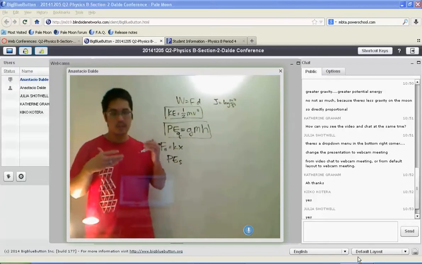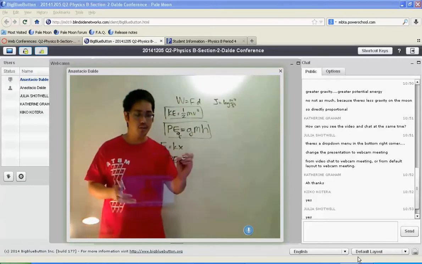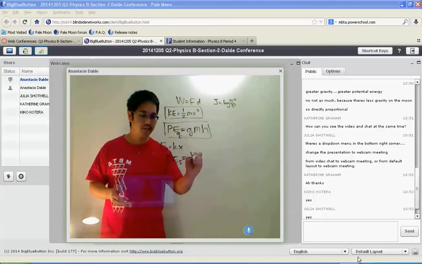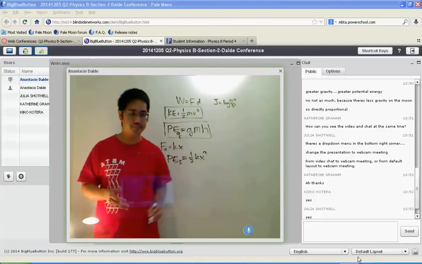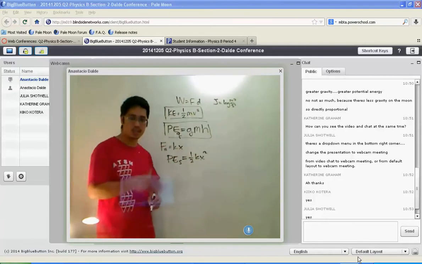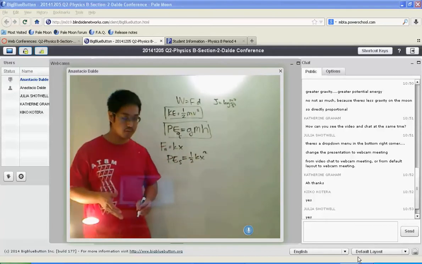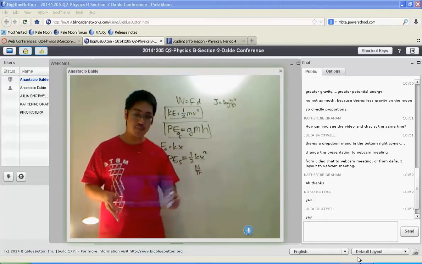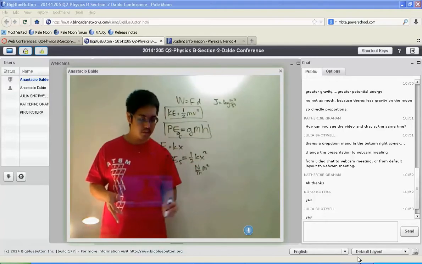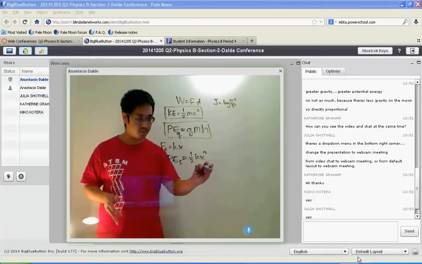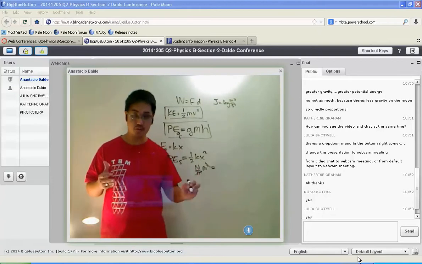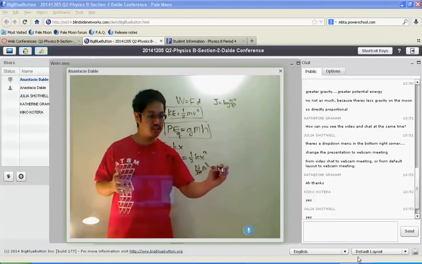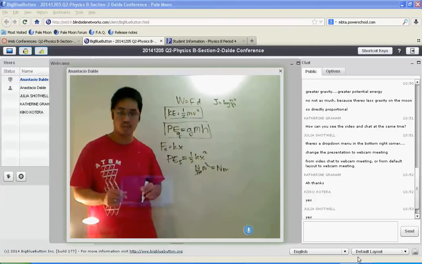Now the potential energy in a spring, I'll give you the equation for it. It's 1/2 kx squared. Let's check this to make sure it has the right units. The k is measured in newtons per meter. The x squared is measured in meters squared. One of these meters on the bottom cancels out with one of those on the top, and you end up getting newton meters, which is the same as joules. We're good with this equation.